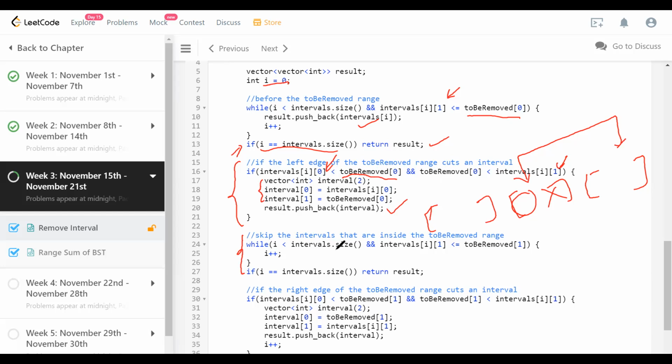So our to-be-removed range, these are the ones. It's kind of very simple. I don't have to even process anything else. I'm just skipping them. Once I'm done, again, the last case is just like the case we saw earlier,